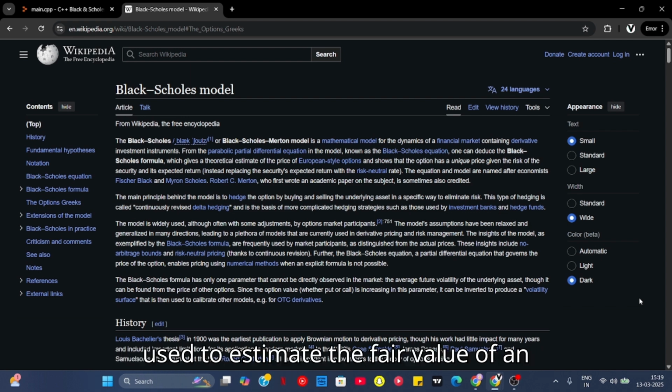Black-Scholes model is a formula used to estimate the fair value of an option. An option is basically a derived contract of the instruments used in the market, asset classes like commodities, stocks, forex, or any other thing, bonds. Options help us to hedge the position. If we have taken any position in the market for an asset class, it helps us to hedge that position